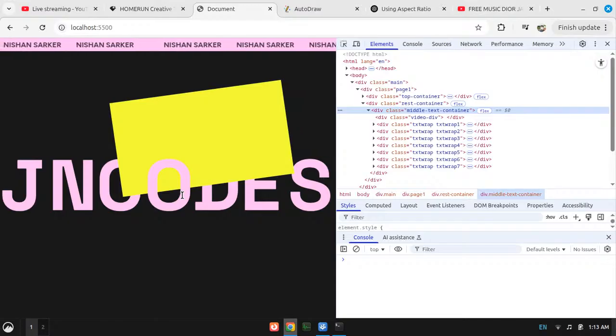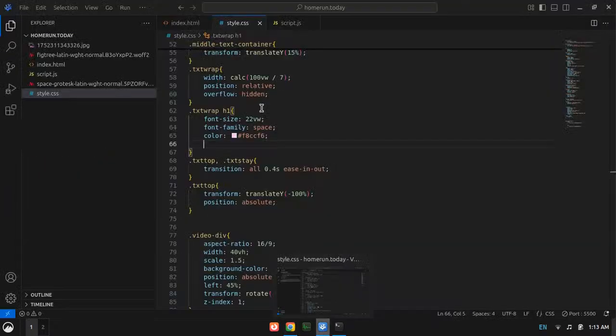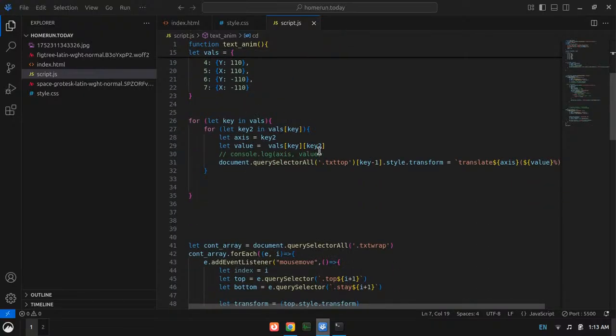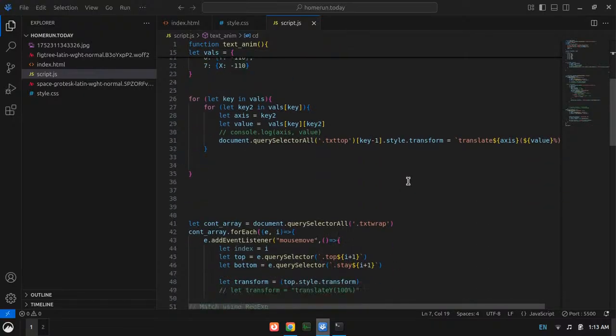Okay, I have found a solution to my problem. I just need to swap out the top and bottom position. So in this thing, what can I do?